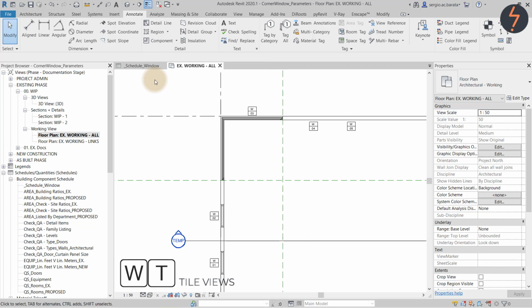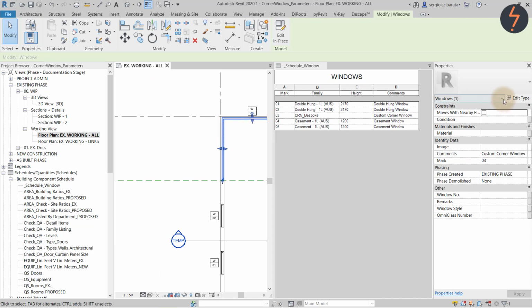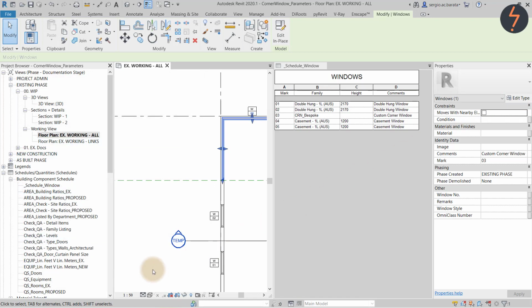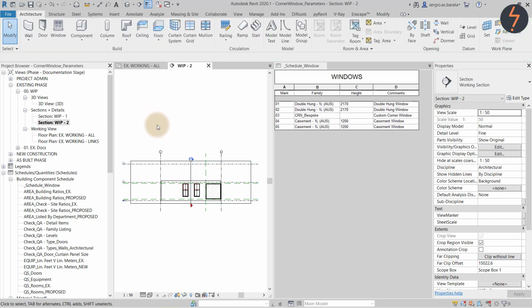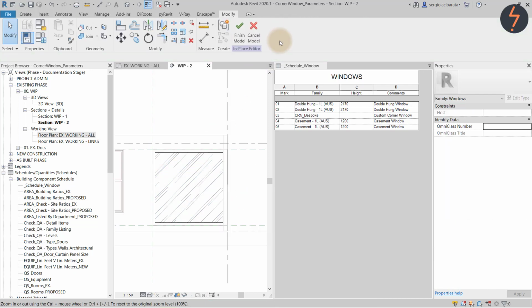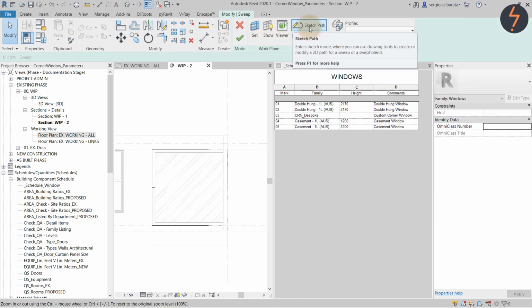Normally, I would be able to edit the type and duplicate a family. However, because this is an in-place family, that does not work. Then switch to a sectional view. Edit the in-place family. Here I can edit the sweep path, and then